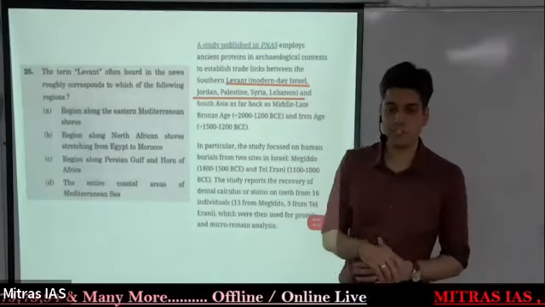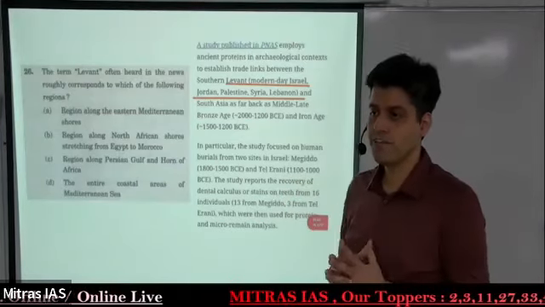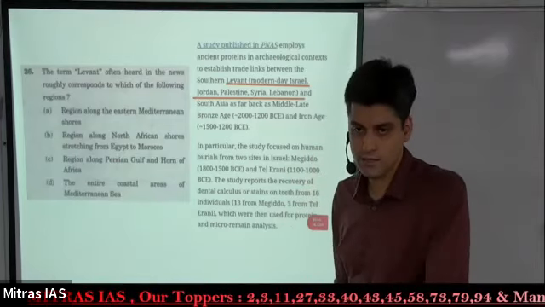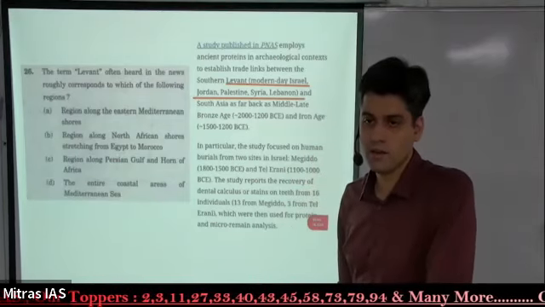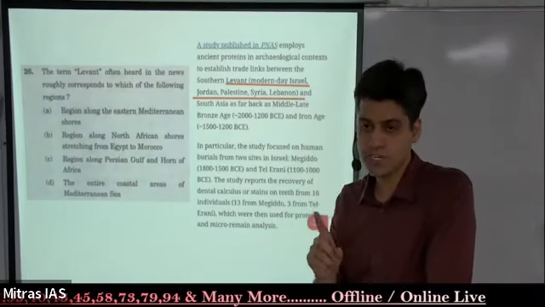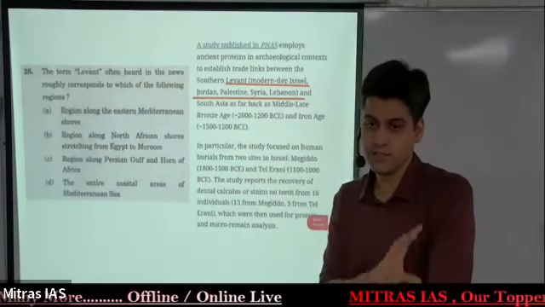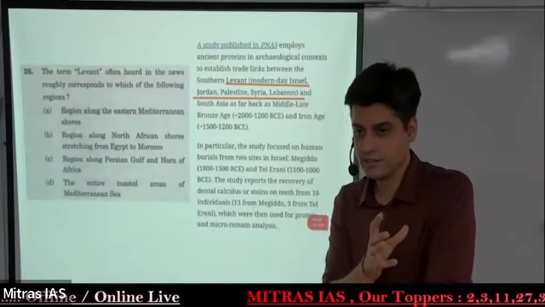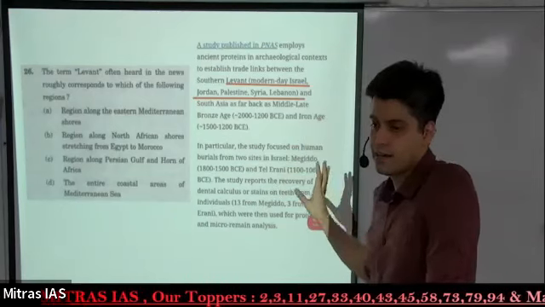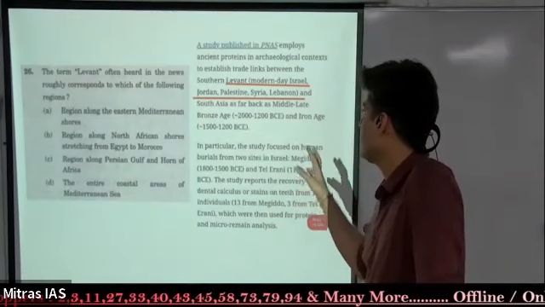So this is another question which came this year, Levant, in news. The first time all of you would have heard it, I assume, would be ISIL, Islamic State of Iraq and Levant, which was the first time the Islamic State word was used. It was also used as ISIL. Now that means that it is somewhere around the Middle East, around Iraq, right? This is, again, an article from Indian Express I've picked up. And it tells that Levant is this region.